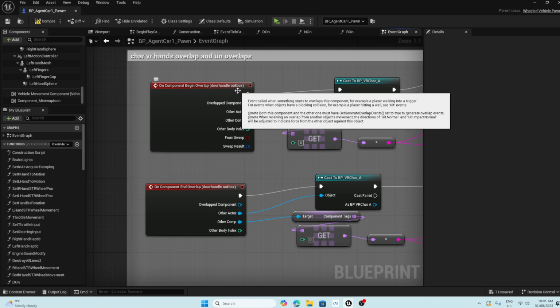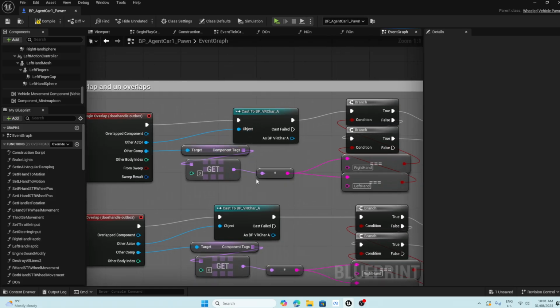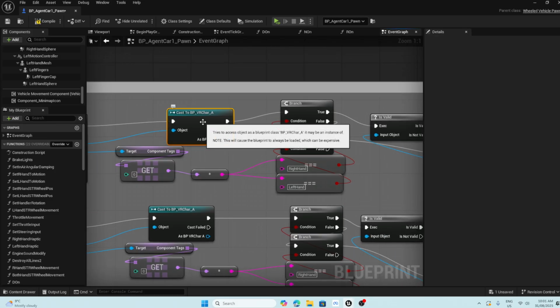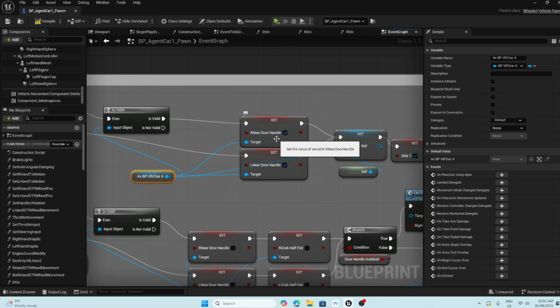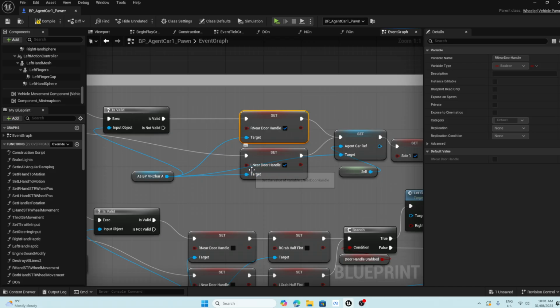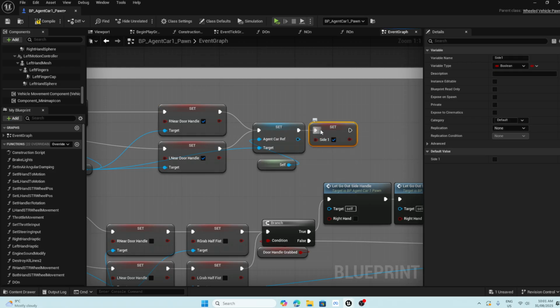So we have our door handle out box, which is our outer box. We get a tag component name. So in our VR character, our hands, our collision spheres for our hands have a tag called right hand and left hand, and we're checking if they are either true or false. And we get an is valid of our VR character, and then we say R near door handle, and we click that true, or L near door handle, so left hand and right hand. We set our agent car reference to ourselves, and we say side 1,